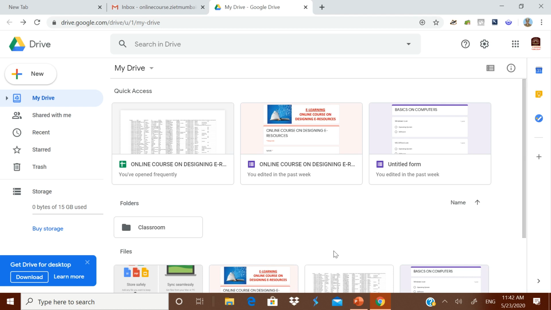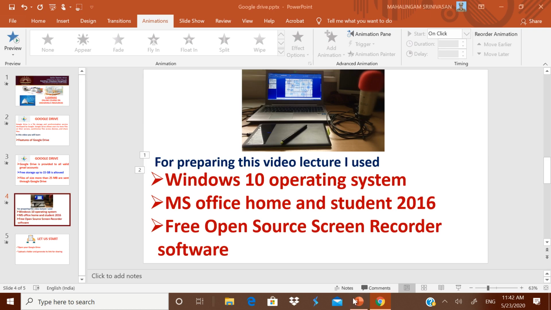That is why once again I repeat, please fix the class and fix the subject and then make a folder for it. In that folder please go on putting all your stuff so that we can have an idea of how to upload it in the drive, and from the drive only we are going to share it with the children. Okay, now let us see what you have to do.